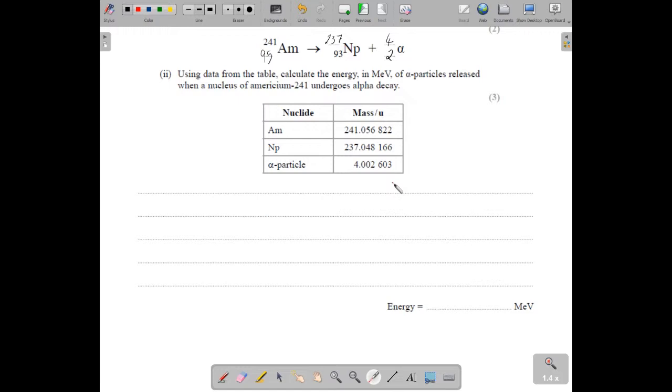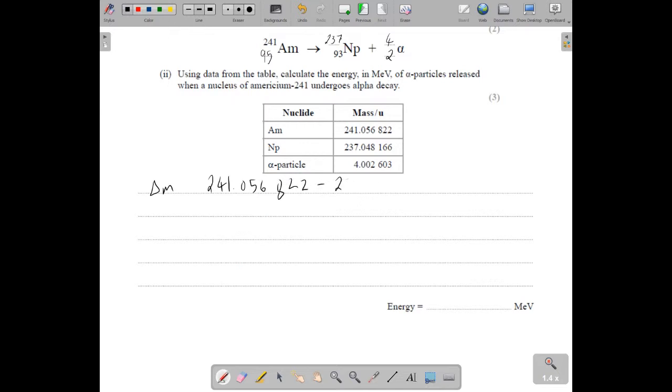So basically large amounts of energy can be released even though there's only a small change in mass, and it's a small change in mass that's not even noticed that much. Now, the change in mass is simply the original mass